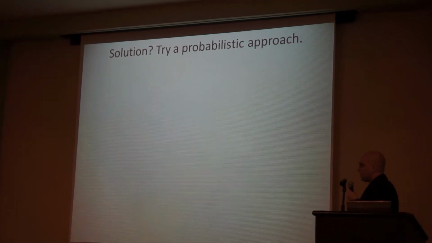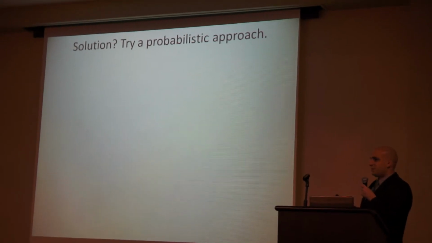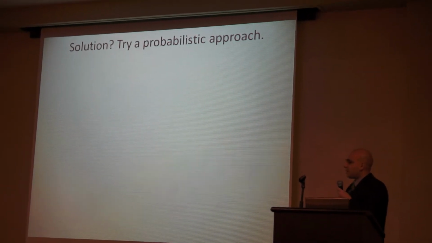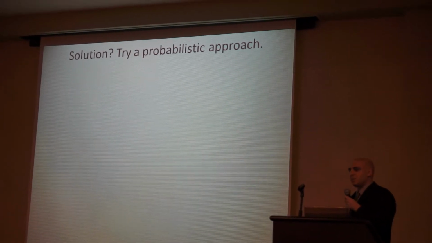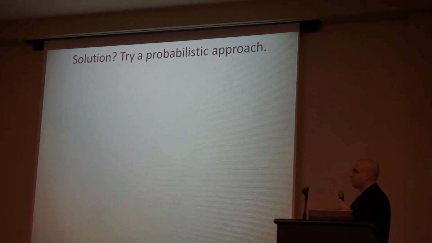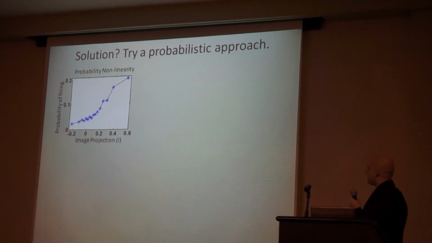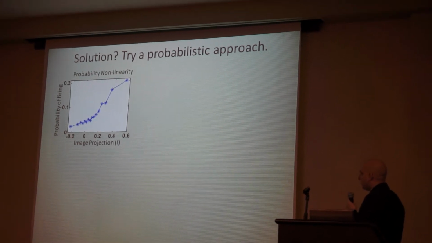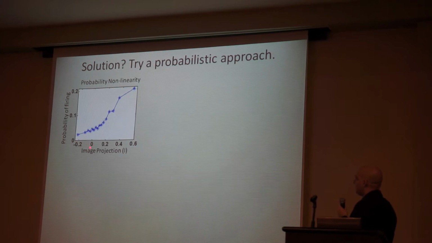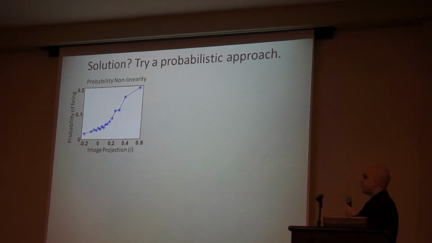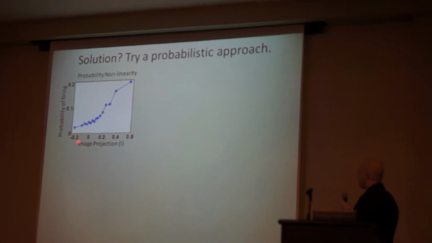So we had to think about the solution. And looking at the responses, seeing that the responses change between the trials, we thought that aiming to predict the probability instead of the absolute or average response would be more correct. So the first stage in developing our model is binning the image projections value into bins and calculating the probability of generating any spiking response for the image projection bins.